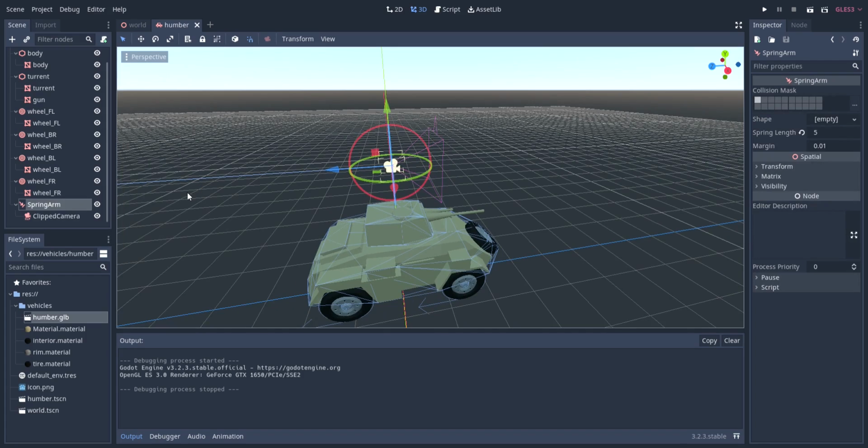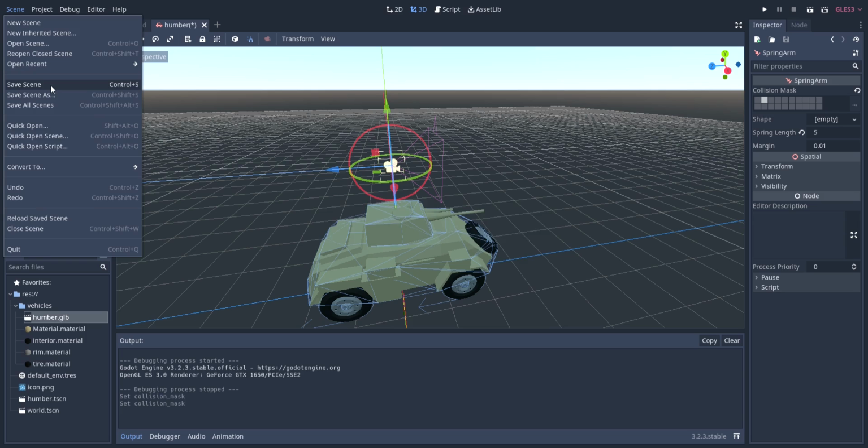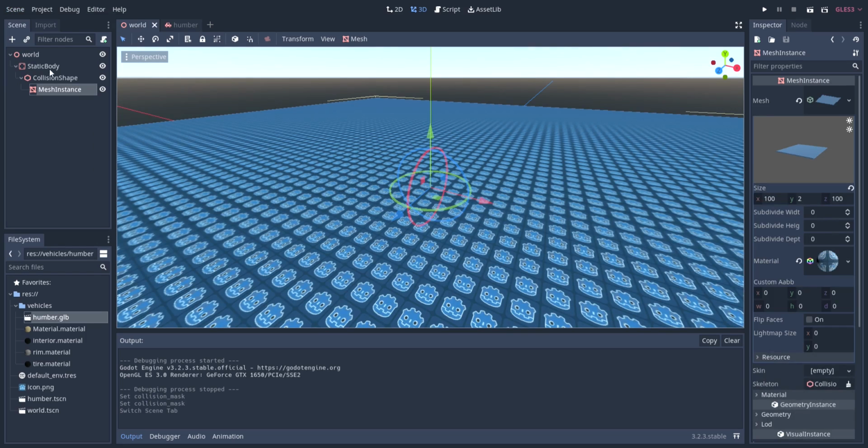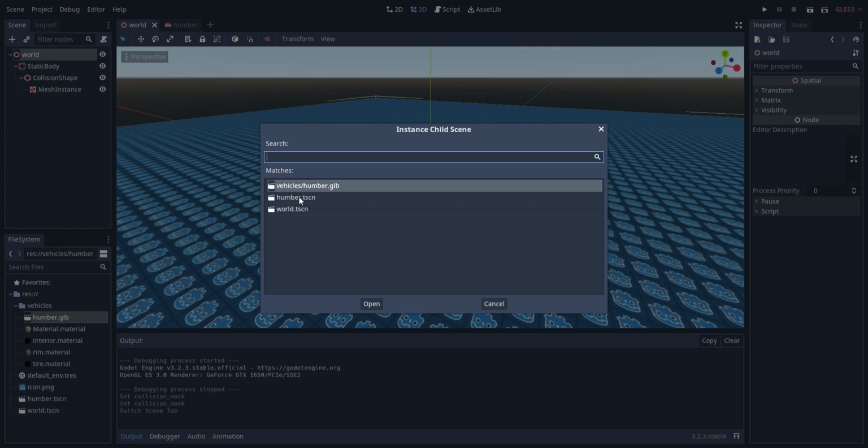So what I don't want it doing is coming in contact with the vehicle itself. So what I tend to do is change the spring arm collision mask to being on layer 2. And then I'll be adding some code later on to the spring arm just to show you how to avoid this entirely. So save this, go back to your world, and import your